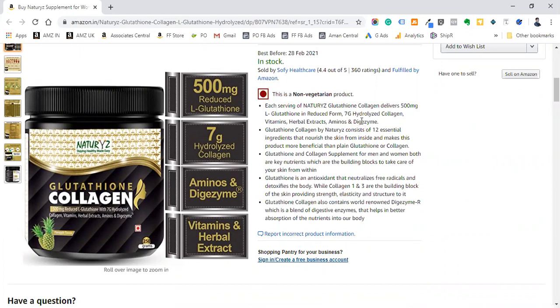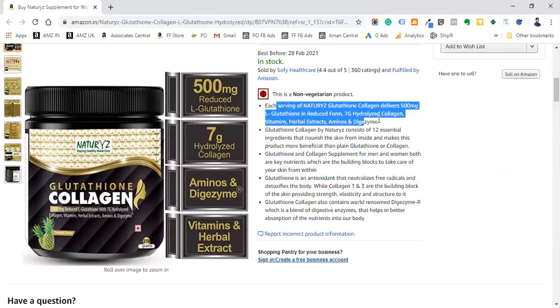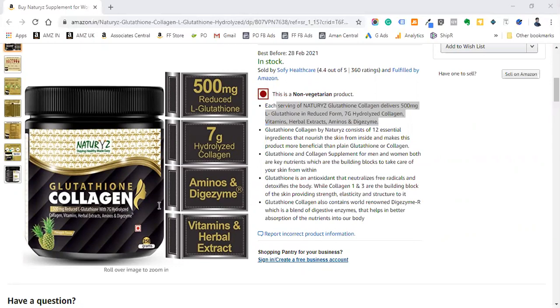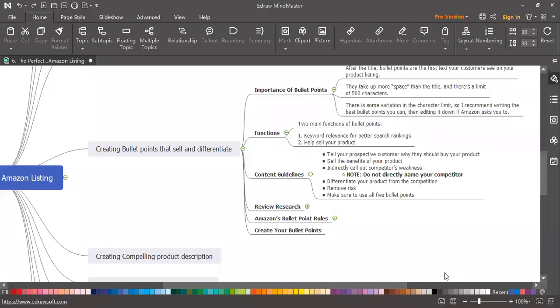Nobody cares about all these names. Most people do not know what these names mean. What they most care about is results. You have to talk about the results, not the features, like what the ingredients are. You have to talk more about the benefits, like what results they are going to get, like flawless skin, reducing hair loss, or getting more polished, strong nails. So that will be more understandable by a customer.